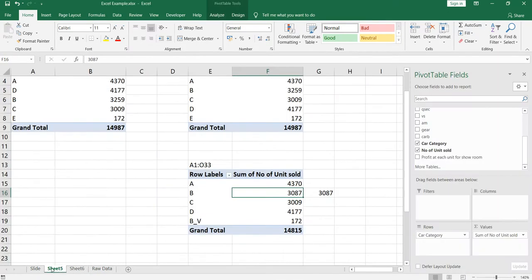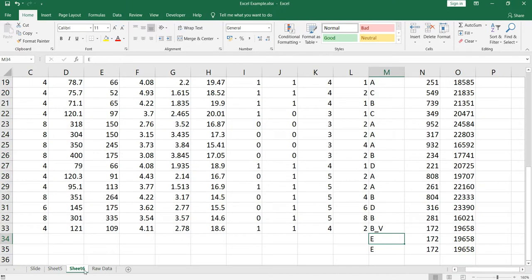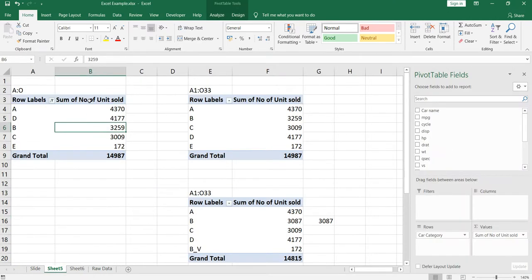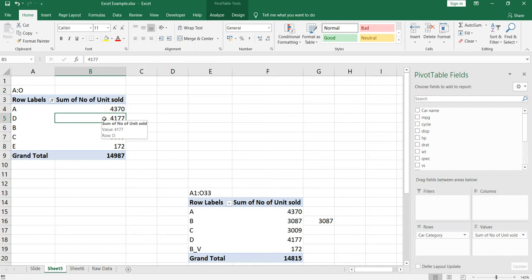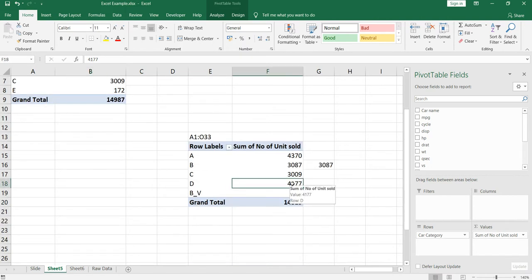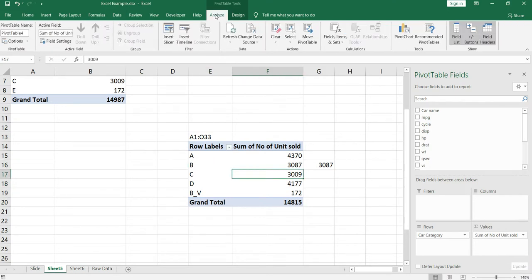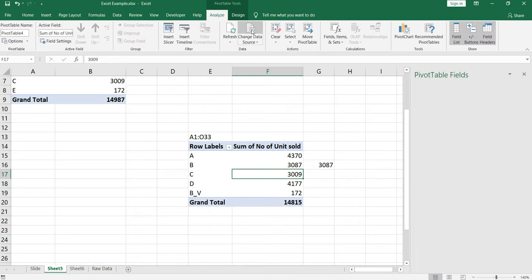For this example, I'll remove this pivot table, and I'll also show you how you can change or update your reference for the pivot table. We are unable to see Tesla here. So what we can do is click on this pivot table first, then go to Analyze, click on Change Data Source.